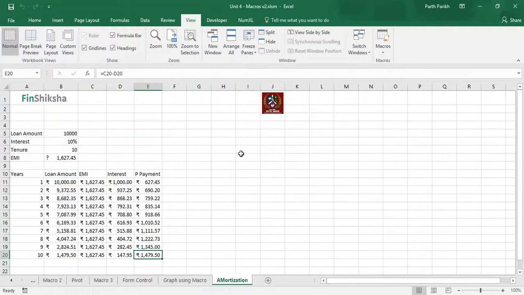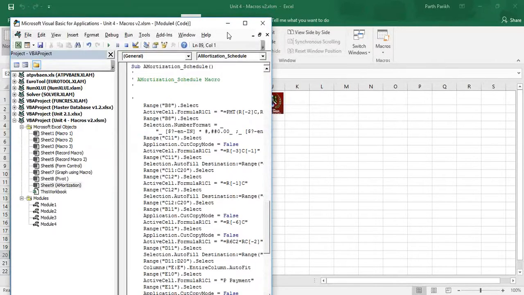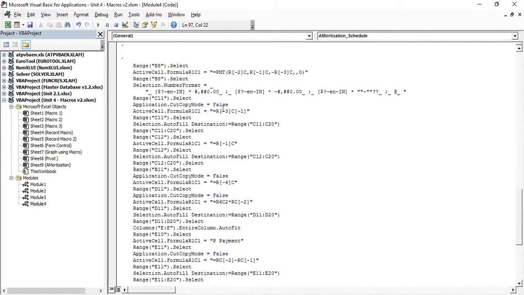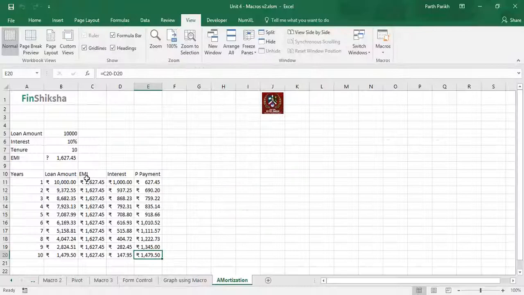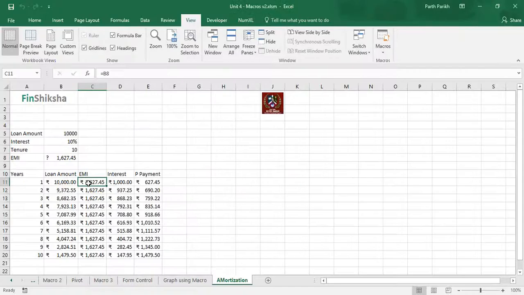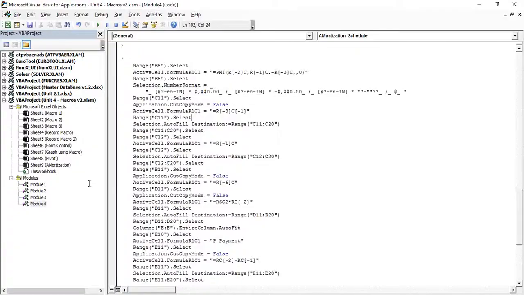Now what I've done is, I was not in that particular cell, but I've asked Excel to go to that particular cell and then write the formula. So these are the minor changes which you have to make. By understanding the macro, these are the finer nuances which you will get. Now this is pretty much the simple format. It says cell C11 select, which is over here, and I gave the formula over here so that it runs perfectly fine.